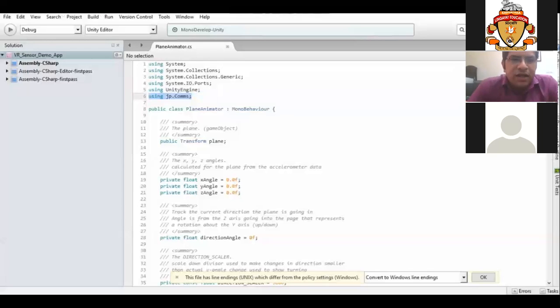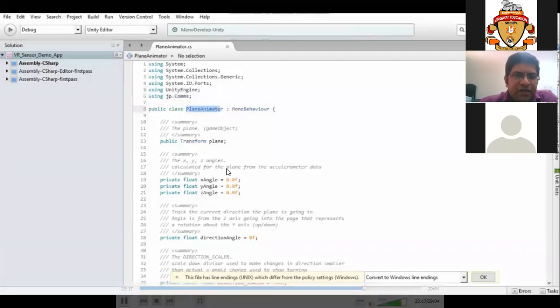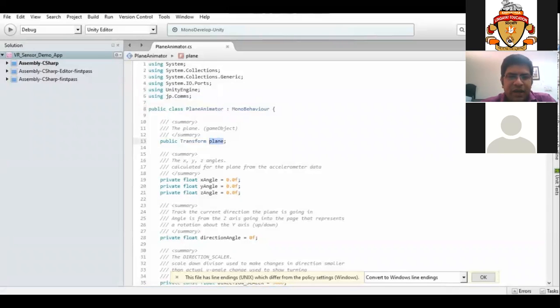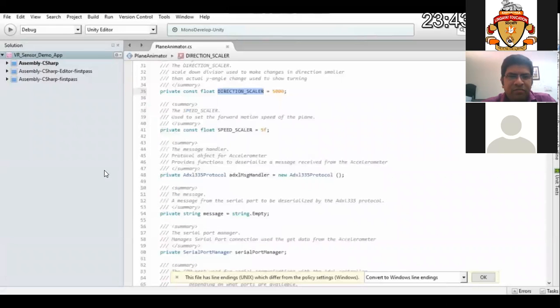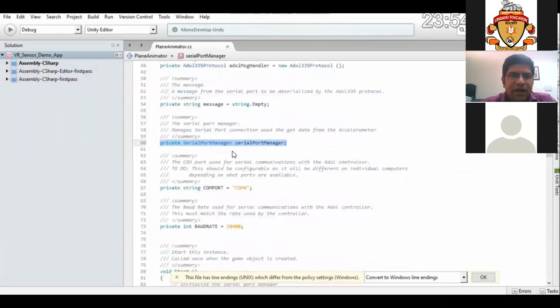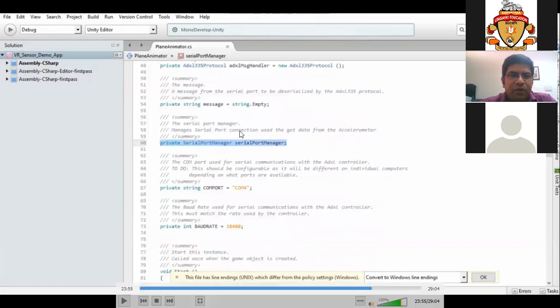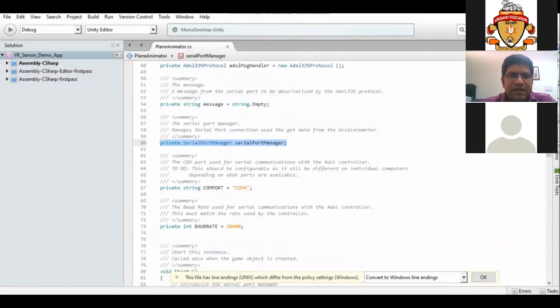This particular script will consist of variables defined as X angle, Y angle, and Z angle, which calculate the orientation of the plane. And then there is a command, private serial port manager, the serial port manager and the COM port. This is basically the COM port we have to select, in which we have connected the Arduino.